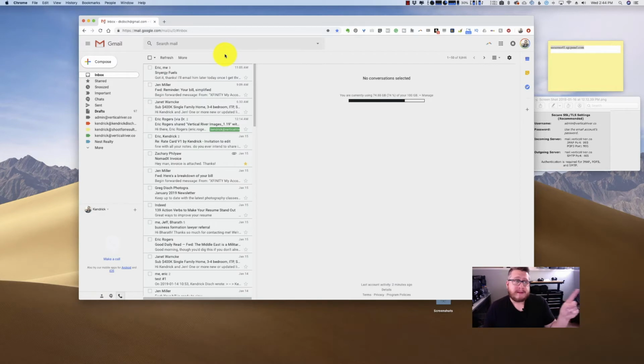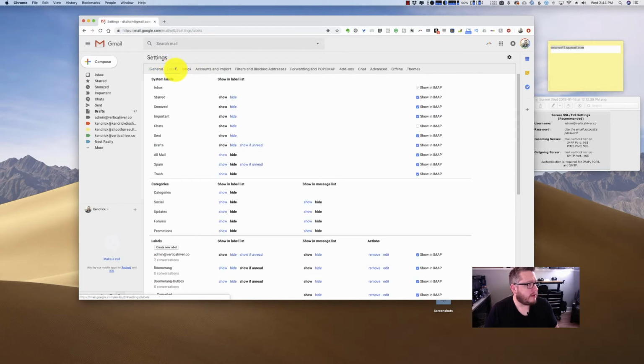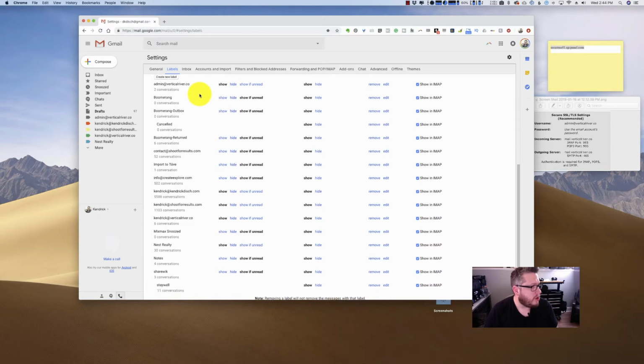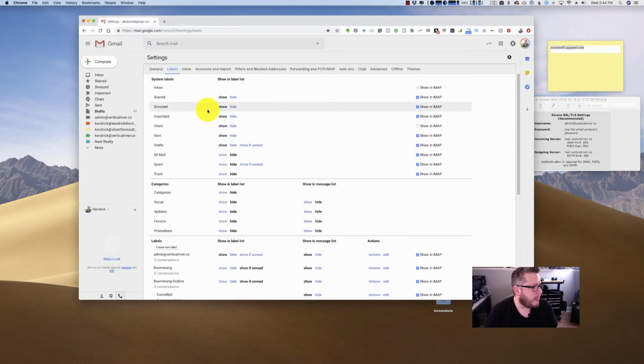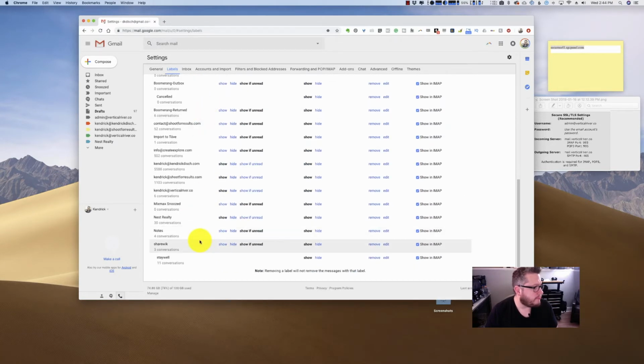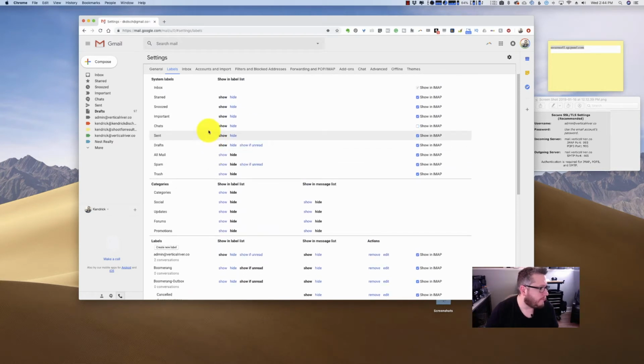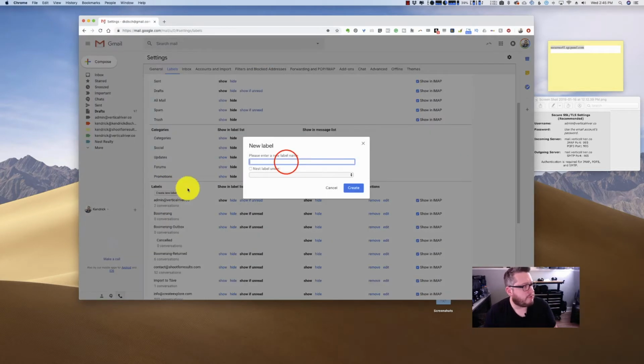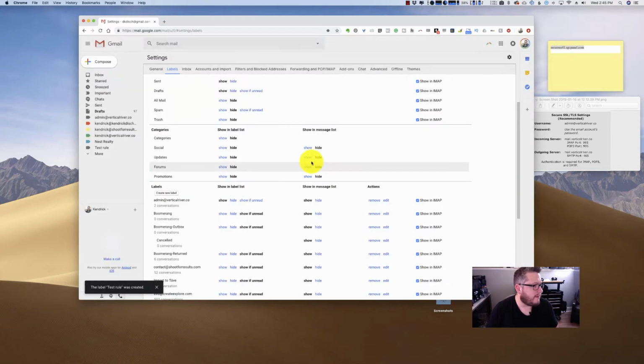Now if you want to do a little more with the labeling, let's dive into the settings just a little bit and go back to the labels. In case it's not working, or it didn't come in quite right, you can create a new label. Where's the new label button? Oh, there it is. Create a new label, and you can set up a rule, test rule, create that, and then